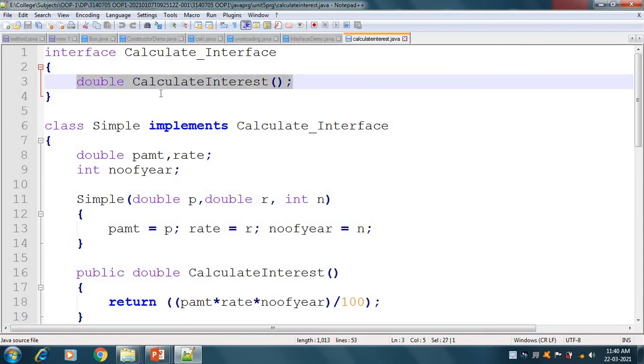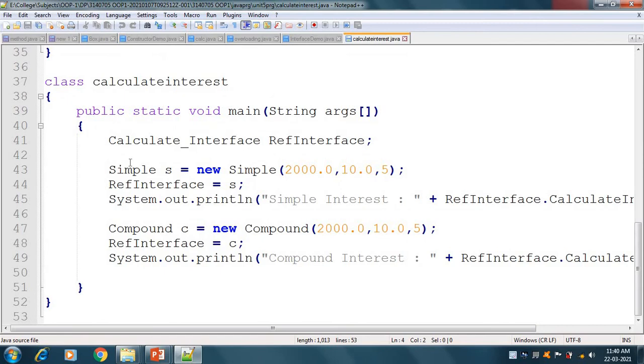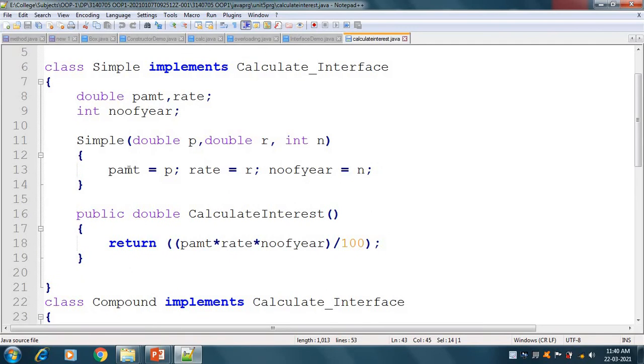The method is calculateInterest. After it we have another object creation, a Simple class object, and the object name is s. When creating this object, the constructor will be called and will assign the values 2000, 10 and 5. So P will be 2000, R will be 10 and number of years will be 5.